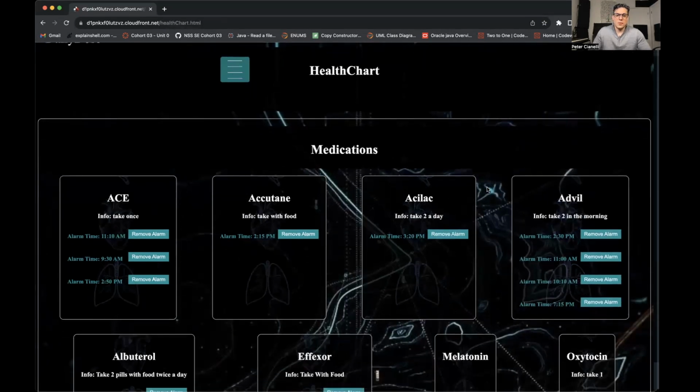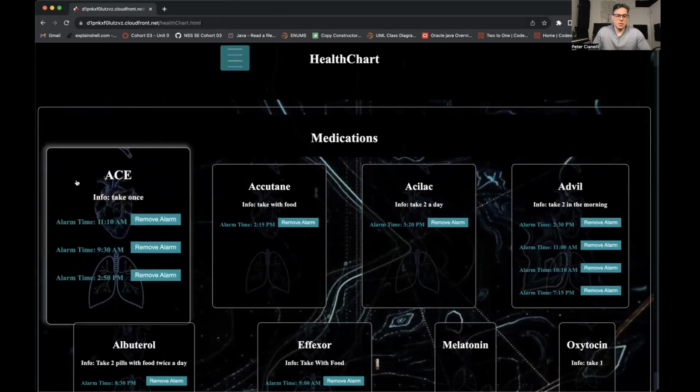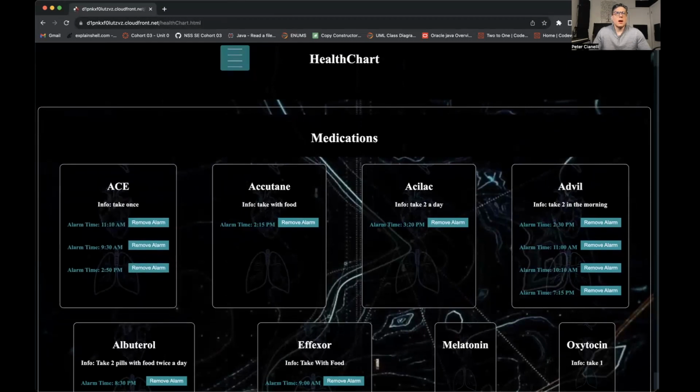All right, so that is my presentation of my application. I just wanted to say that I'm really proud of what I built, and I think there's potential for future uses, such as communication with doctors, or let's say there's an emergency and someone has to go to the hospital, they can use this as pulling up all their medications quickly for a hospital review. Or let's say they're out of that medication, maybe it can connect to a pharmacy to do refills. So I think there's a lot of potential to build on this application,